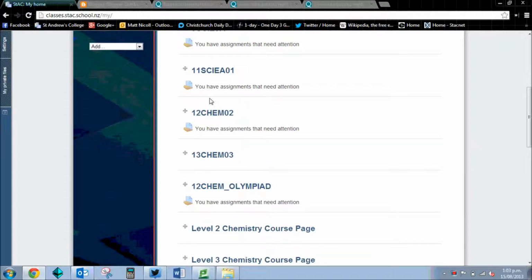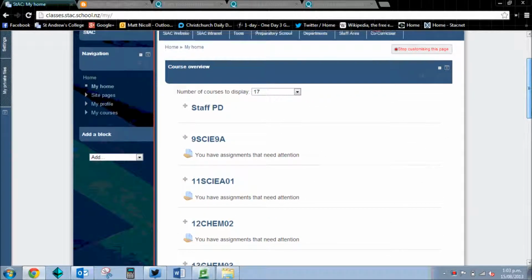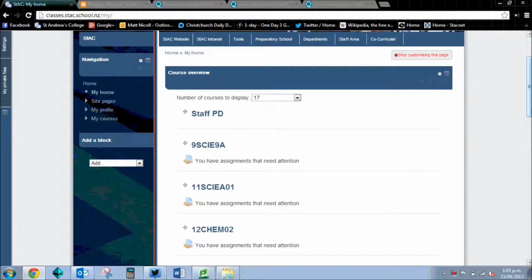But it also has the ones for the forums, and it looks like a little piece of paper with some writing on it, and it says there are new forum posts. Which is quite handy. Right, so that's the first type of forum, Q&A, which I find really good for that revision where you want everyone to attend. Now, the second type, which is I think equally as good for different reasons, is let's say